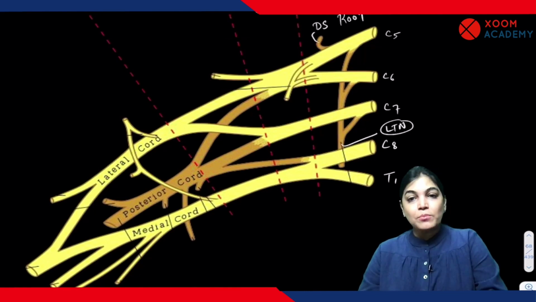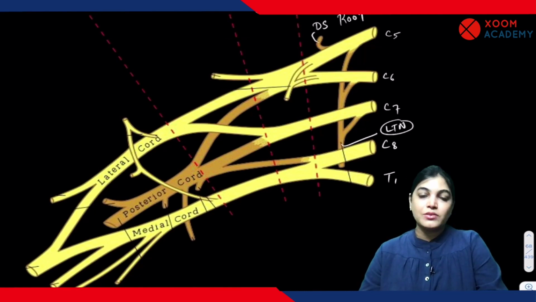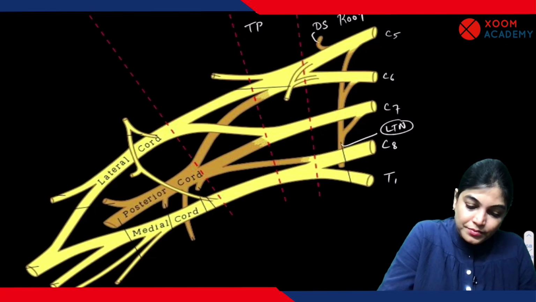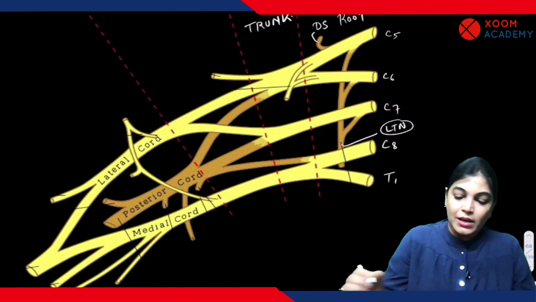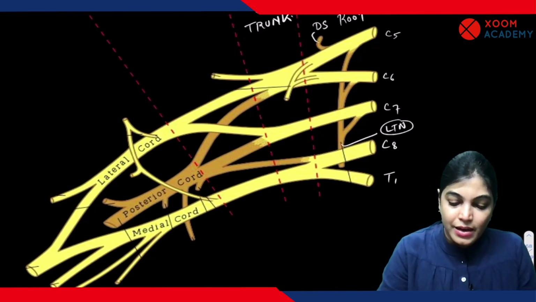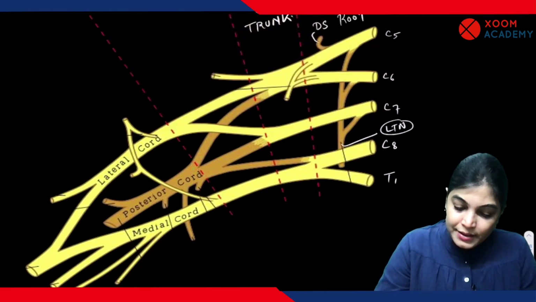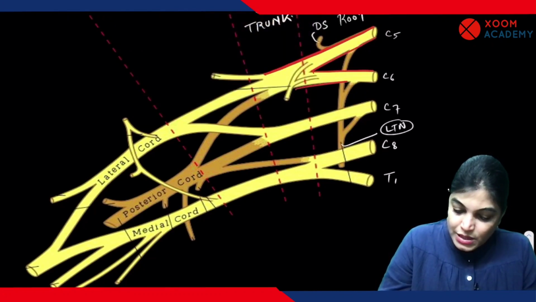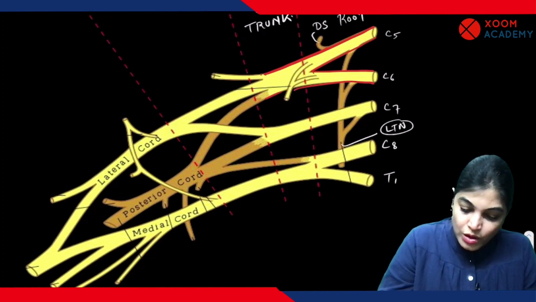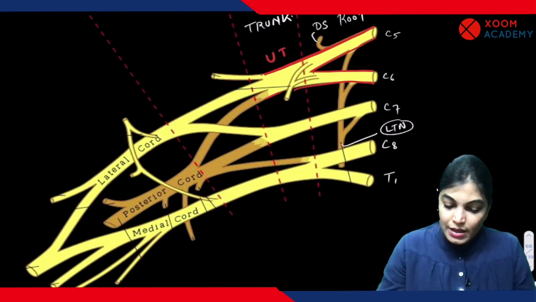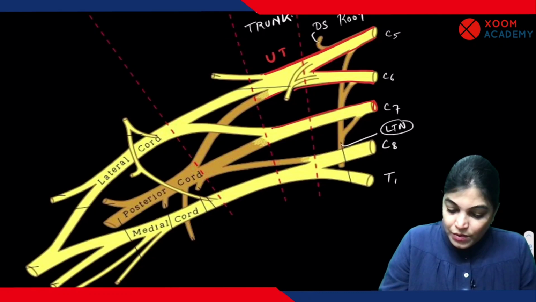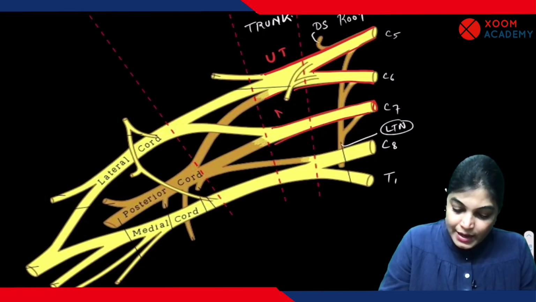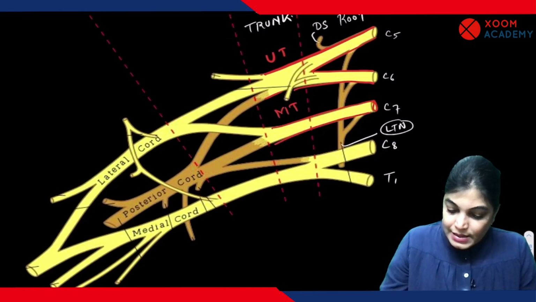Now, the next component of brachial plexus is the trunks of brachial plexus. When I talk about the trunks, in this diagram you can clearly appreciate that this is C5 and this is C6. C5 and C6 will join to form the UT, the upper trunk. C7 alone will form the MT, that is the middle trunk, and C8